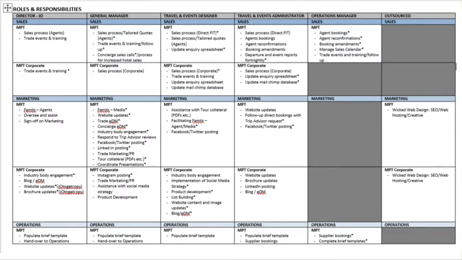So the purpose of this roles and responsibilities document was to ensure that everyone in the business knew exactly what they were responsible for within those 7 categories, if they were responsible for things within those 7 categories. And more importantly, they knew what everyone around them was responsible for as well. And that's the key, because without building out a document such as this, a lot of people know what they're supposed to do.